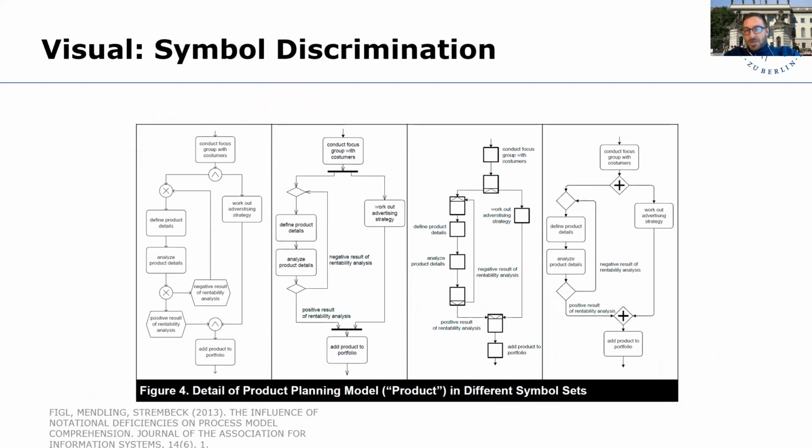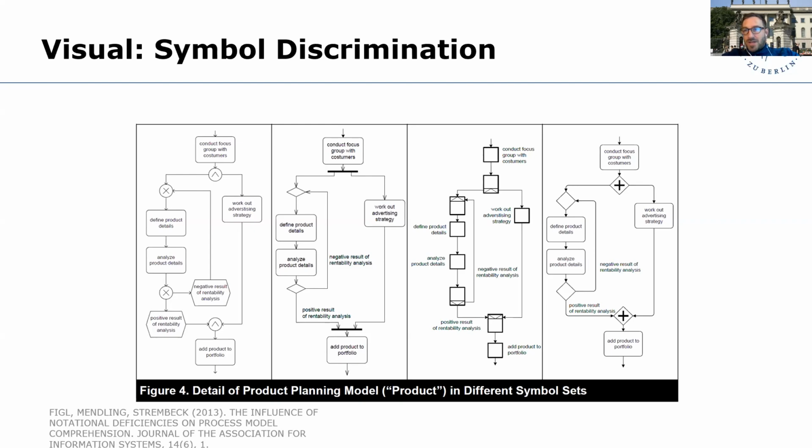So then there's the concern of symbols. And for those of you who have some interest in process models, you might know that there have been different languages around for modeling processes. Partially, these languages differ in which kind of semantic concepts they provide, but they also differ in the way they have been proposing symbols for partially the same concerns. You see this here, it's 4 different example processes in different notations. So on the left-hand side, EPCs, then we have UML activity diagrams, the YAWL notation, and BPMN on the right-hand